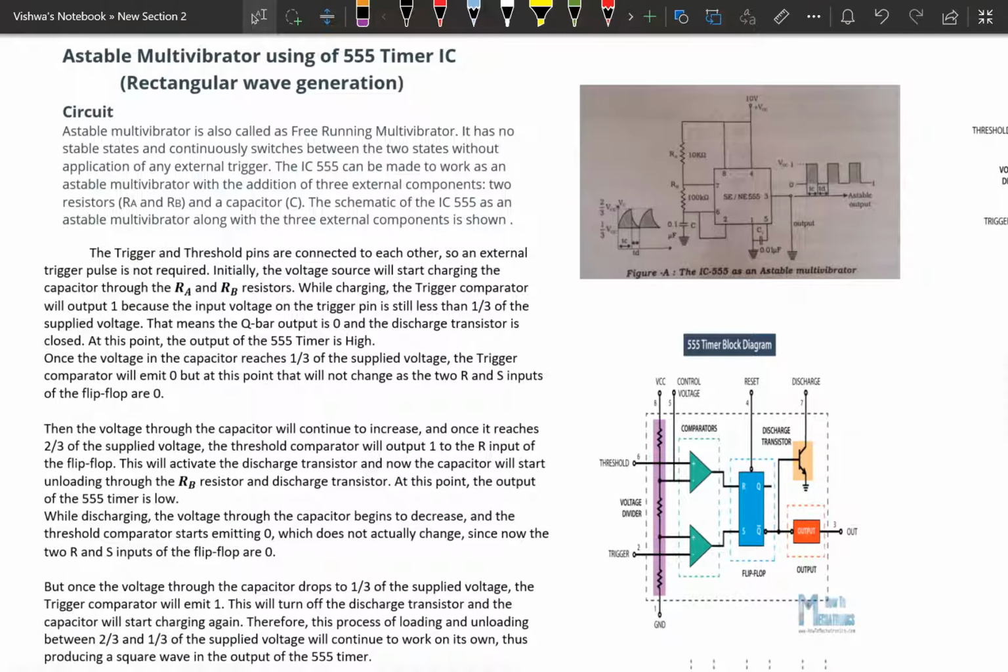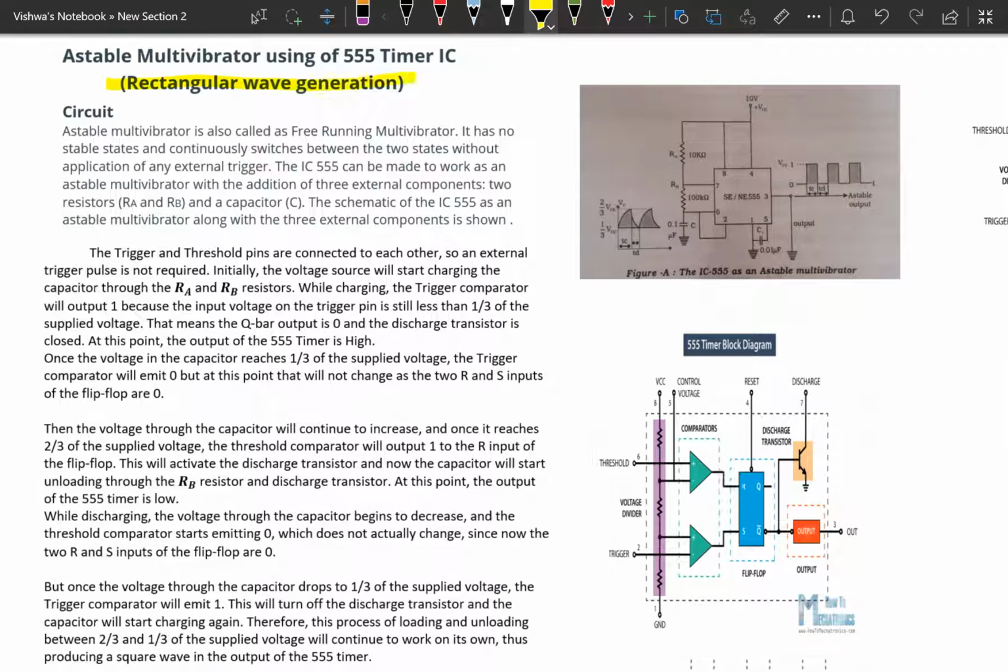In the previous video we saw the functional block diagram of the IC555 timer and its working. Now we are going to study the application of the astable multivibrator, that is generating rectangular waveforms and square waveforms. Now take this screenshot as your reference notes. Okay, so here